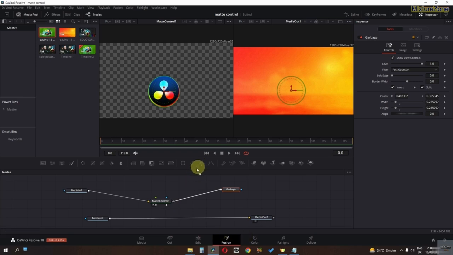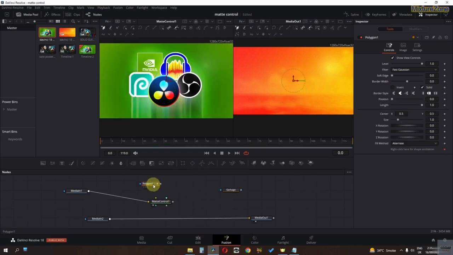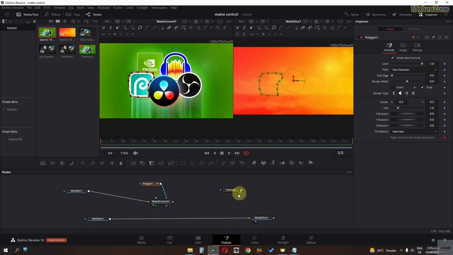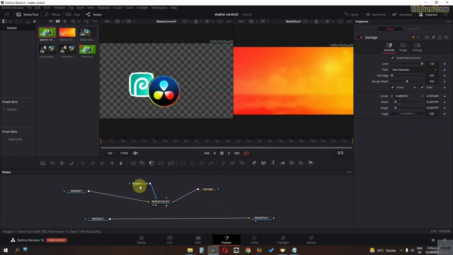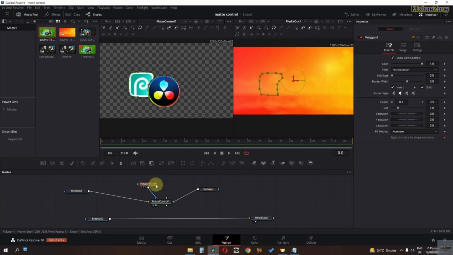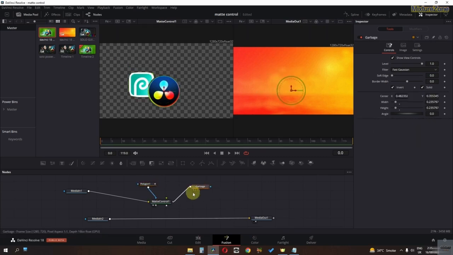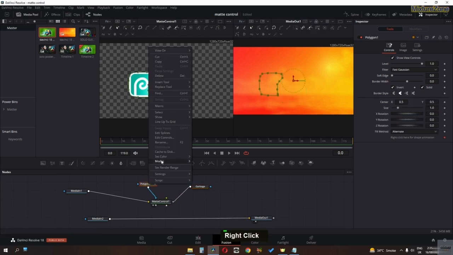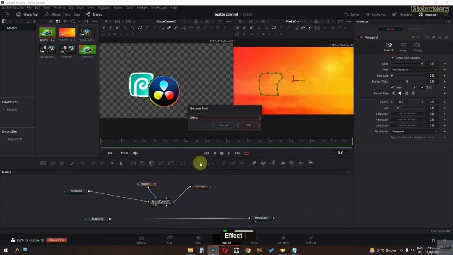So now what I'm going to do is I'm going to select this polygon mask, disconnect this mask, select the polygon mask, and I'm going to just add a rough mask around this Photopia logo. And now I'm going to connect this, press Alt, let go, to our effects mask, and I'm going to connect this garbage to our garbage mask. So now I'm going to select this polygon mask and invert this. And as you can see guys, we have this polygon mask which is connected to our effects mask, and this garbage which is connected to our garbage mat. So I'm going to rename this as well, effects